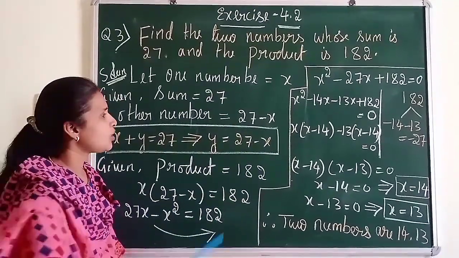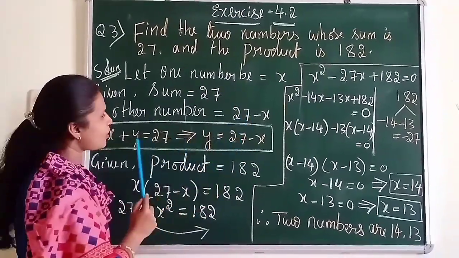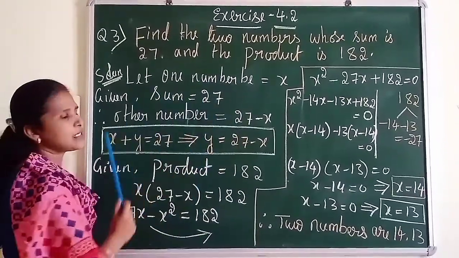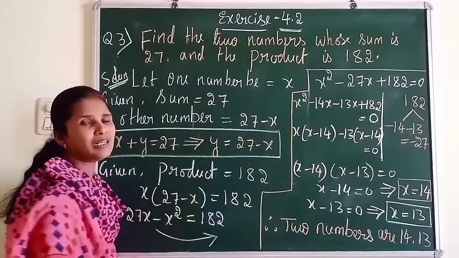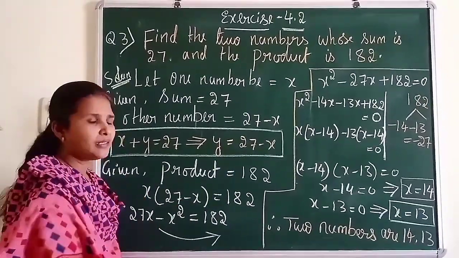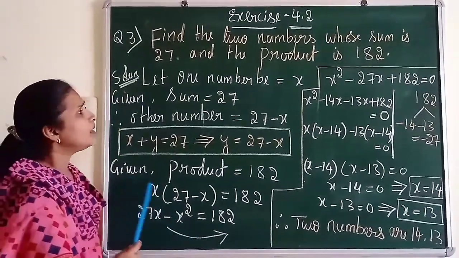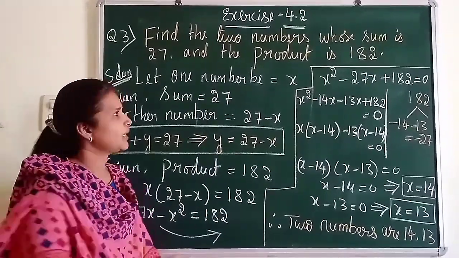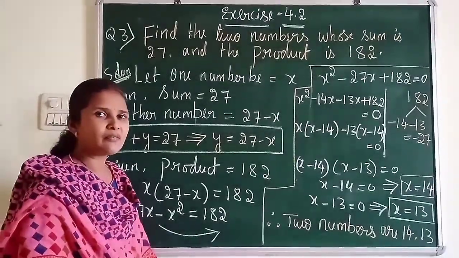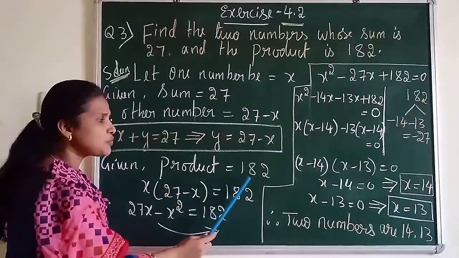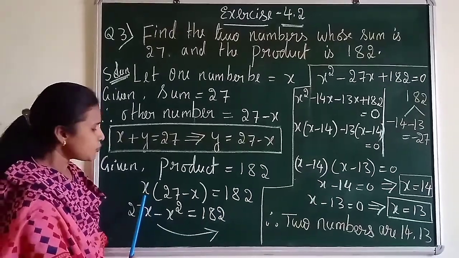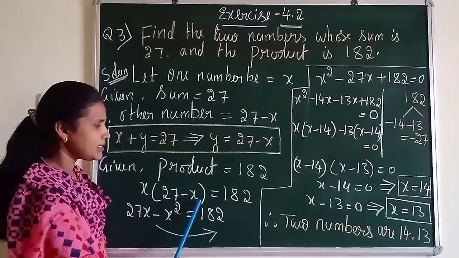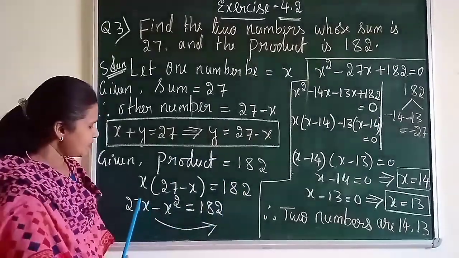So in the next questions and all, you can think it directly without using the second variable. So one number is x, sum is 27. Therefore the other number clearly always it becomes 27 minus x. And given product is 182. Product means I have with me now 2 numbers. One is x and the other is 27 minus x. Given product is 182. So x is one number, because he has given product into binomial, that is 27 minus x equals to 182.